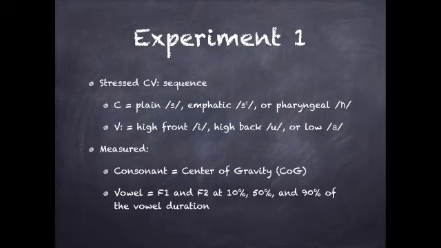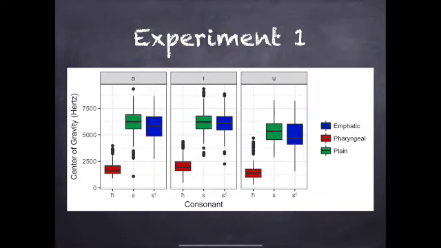This allowed me to track changes over the course of the vowel. This graph shows the distribution of the center of gravity of different consonants in each vowel environment. So it shows the distribution of each consonant. These are the center of gravities of each consonant when they're adjacent to A, adjacent to E, adjacent to